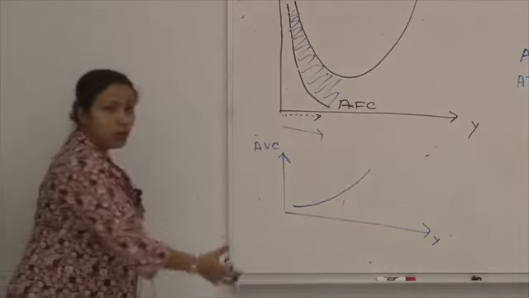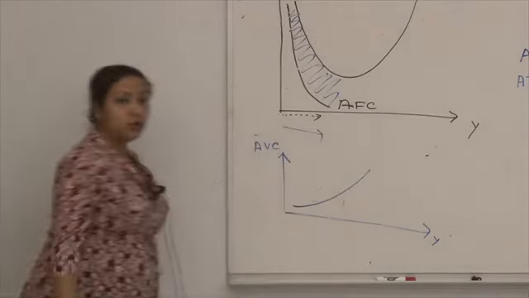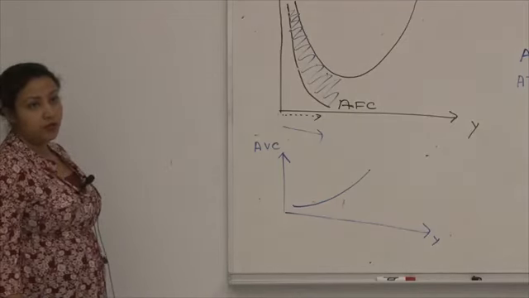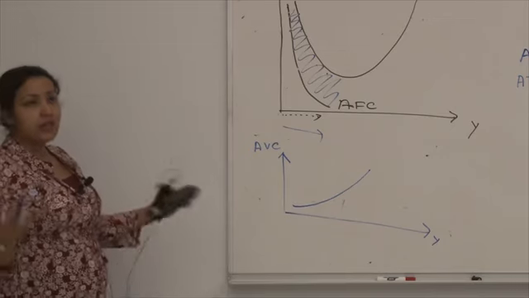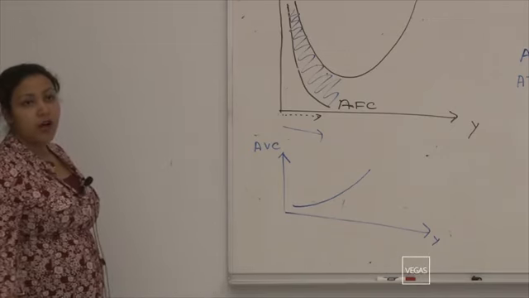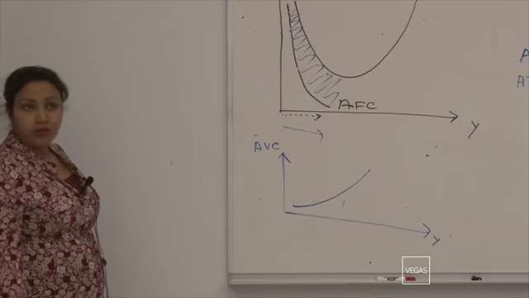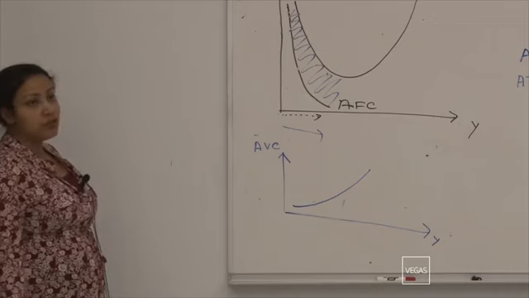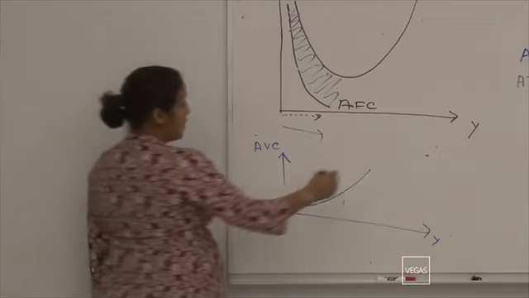As you produce more output, your average variable cost increases because you have a diminishing marginal productivity of labor. So you are bringing in less and less productive workers. So your cost of hiring is effectively increasing. And that is exactly what is given in your lecture note. In your lecture note, if you see the AVC curve, that AVC curve will be